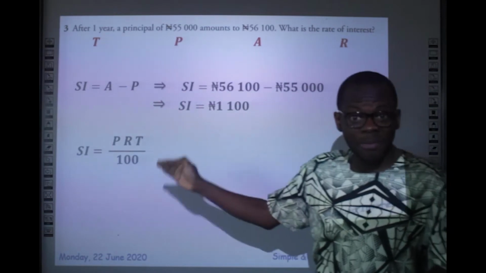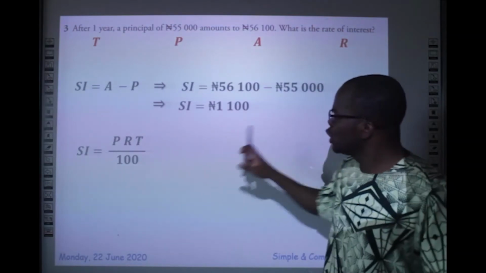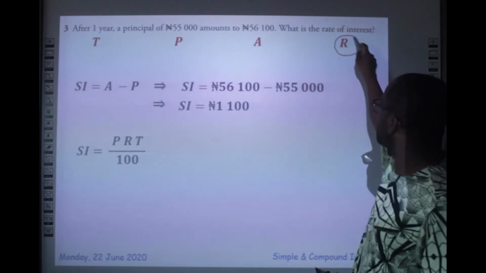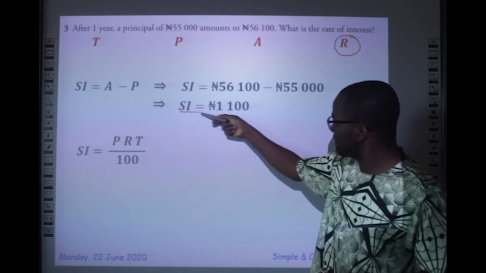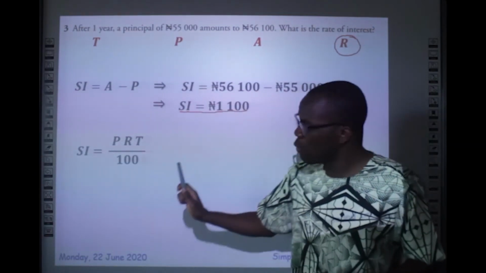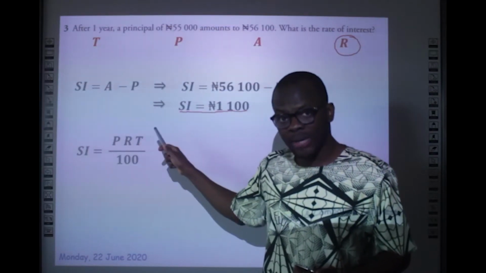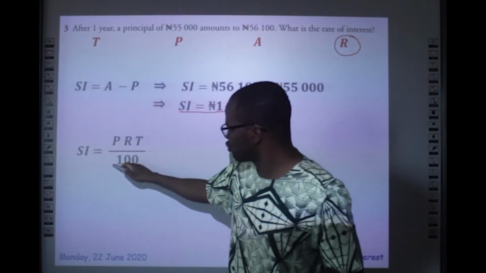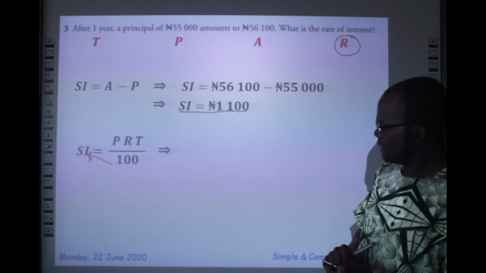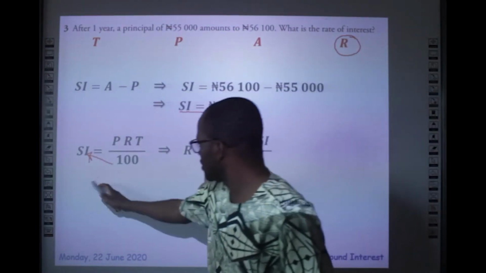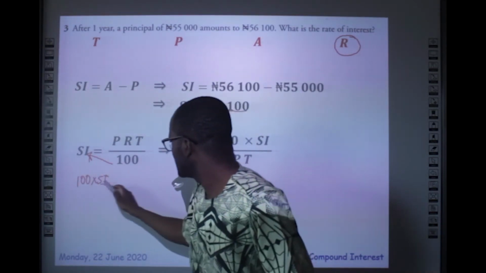Okay, so again, you start with the formula for finding the simple interest, PRT over 100. But now, you will make R the subject of the formula because it's the rate we're looking for, not the simple interest. Already, we have a value for the simple interest, so that's not what we're looking for. We're looking for the rate, so we have to rearrange the formula and make R the subject. And how do you do that? You cross multiply. And when you cross multiply, you have 100 times SI is equal to